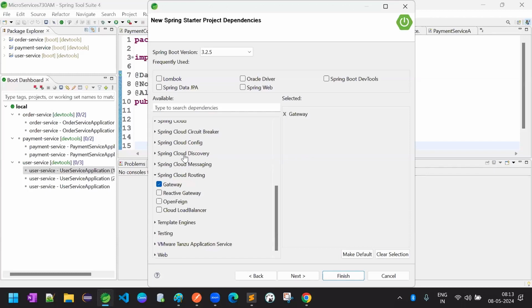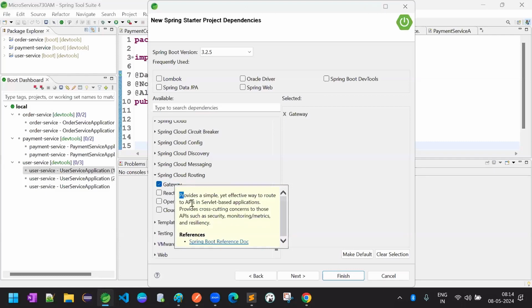They will provide you the document. You have to follow the document. You have to follow those steps and you have to add it. Okay. So I'm just taking the gateway right now. So gateway, what they are saying, see here it is the gateway definition